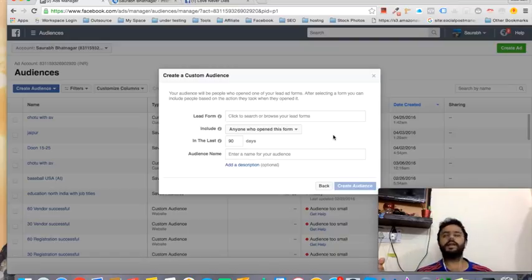In fact, it can do well if a person knows you and knows your brand, and he knows that Saurabh Bhatnagar is someone, or maybe your brand, whatever brand it is, and then you are using your brand name, your brand signature, your brand logo in your lead ad. But for that, the person has to know what your brand is.